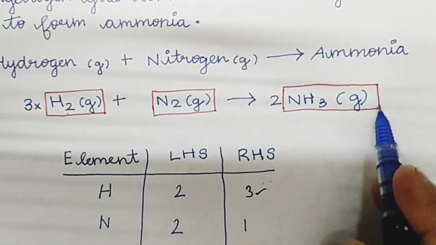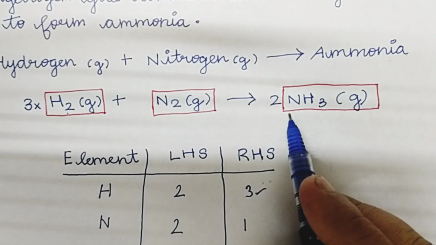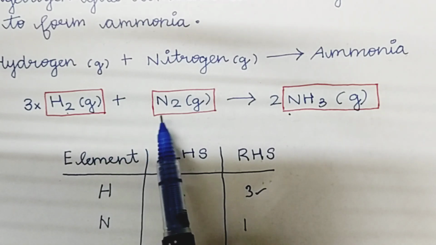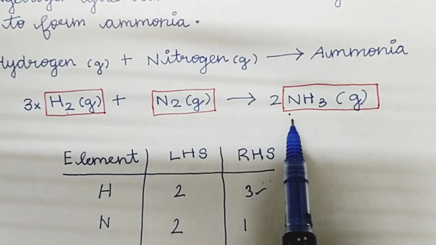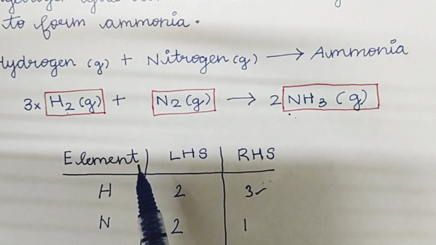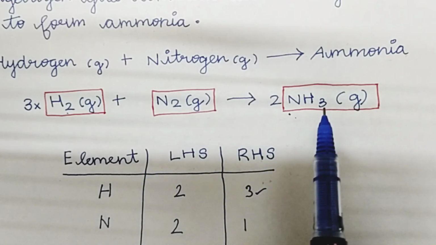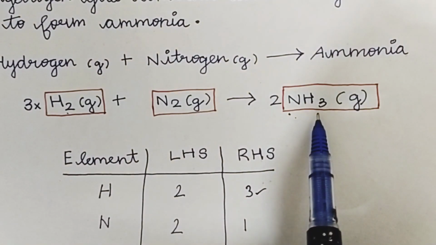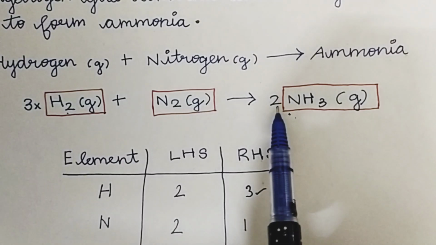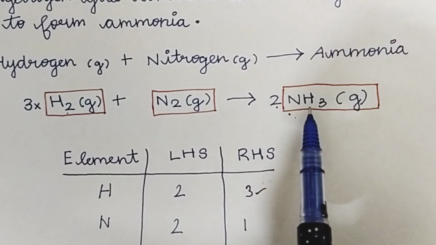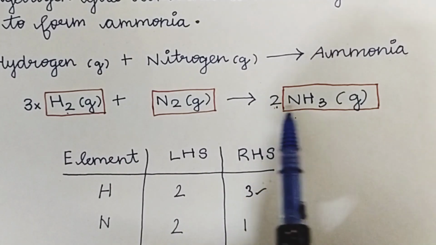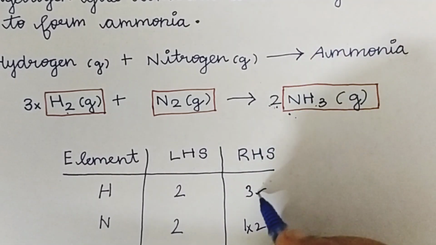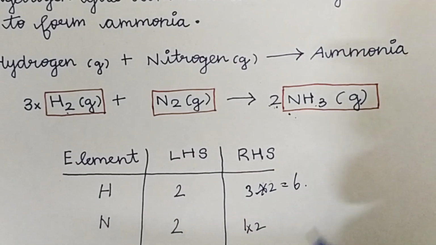So this you can see here triangular box, red color box is written. So we have to write this red color, that is a triangular box. In order to remember this, we should not change anything inside this box. So here NH3. So in that 2 I have written outside that box. So now the 2 is common for nitrogen and for hydrogen. So 2N, and here 2 into 3, 6 hydrogens.